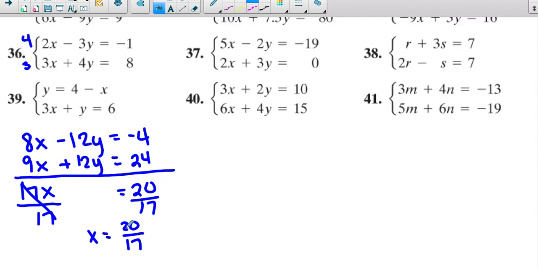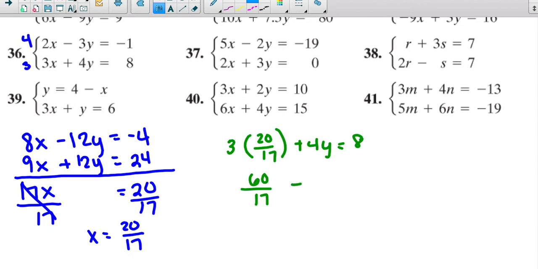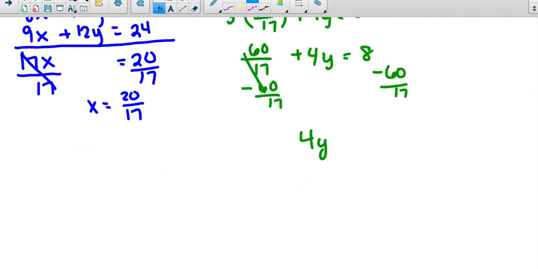Now we want to put this value for x into one of the original equations. Let's go ahead and put it in for the second one. So we have 3 times 20 over 17 plus 4y equals 8. All right, so that becomes 60 over 17 plus 4y equals 8. We want to subtract 60 over 17 from both sides. And then that gives you 4y equals,